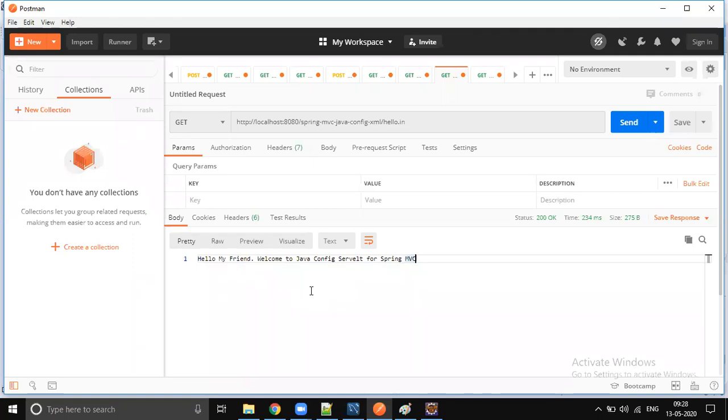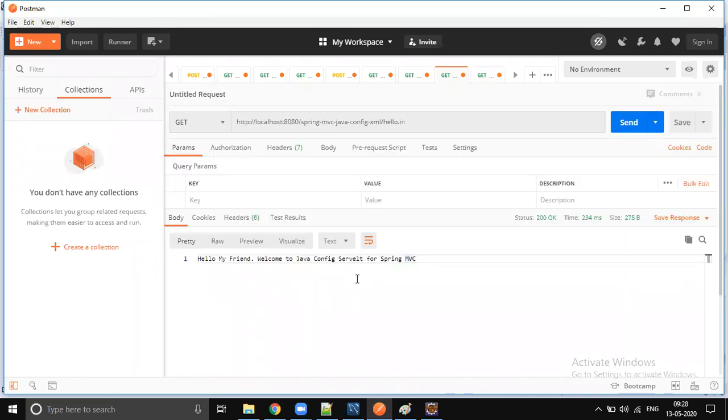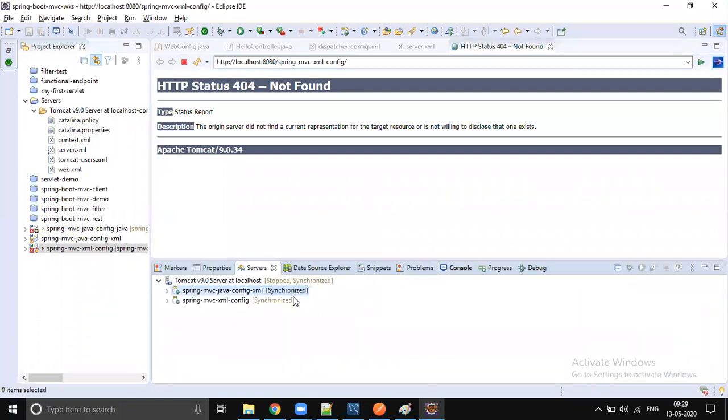If it is HTML, then the browser will understand those HTML tags and render it as an HTML page. But when it comes to RESTful web services, we don't return any HTML render. We return plain data. That HTML render part is taken care of by UI technologies like Angular, React, Vue.js, some of the latest frameworks which play a major role. So those technologies will take care of it. That is the difference between using JSP and RESTful web services.